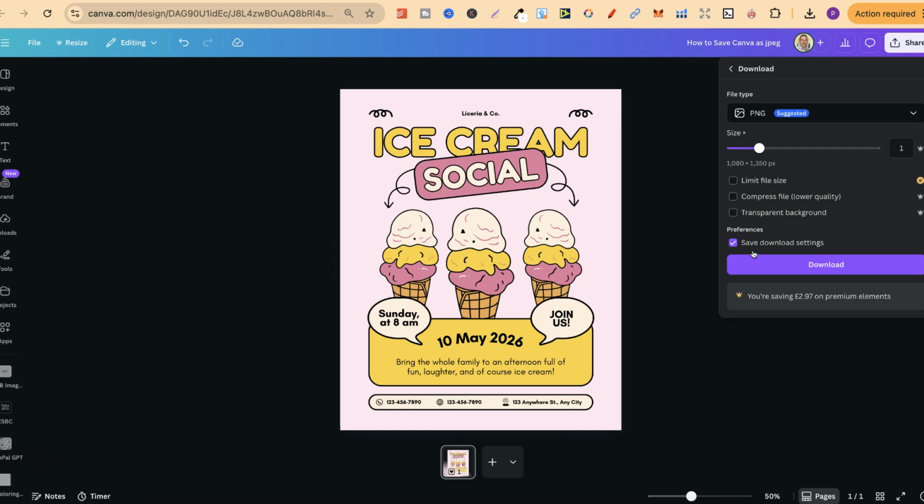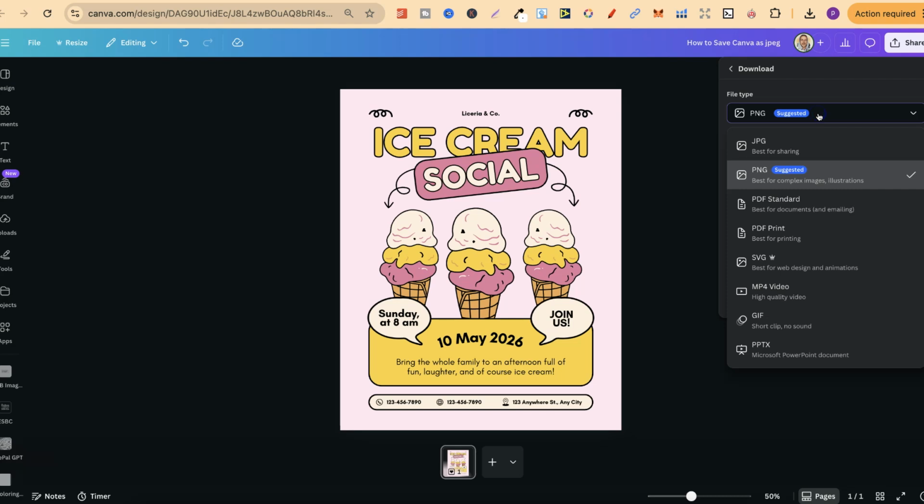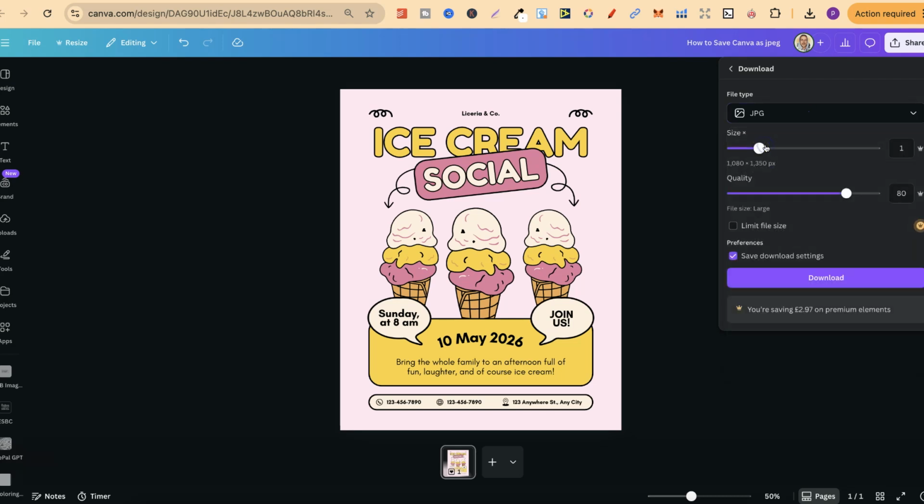Now, this is where we have a few different options. It might say PNG, it might say something else, but what we want to do is simply click on this because this is a drop down. So if we click on there, we have a lot more different options when downloading. Now to choose JPEG, we simply click on where it says JPEG, and then we have a few different options